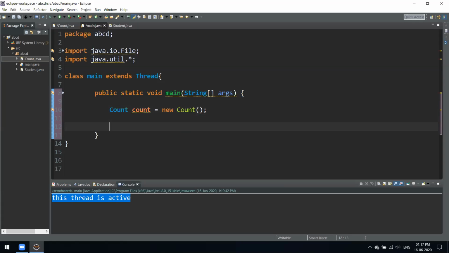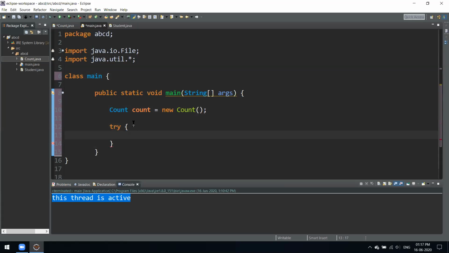Here we'll have a try catch block also, because that class extends Thread. Whenever that thread is alive, we'll have to execute a piece of code, so we'll write the code over here inside try catch blocks.